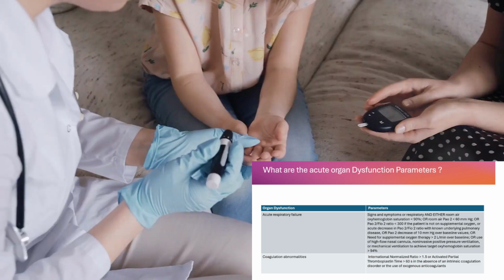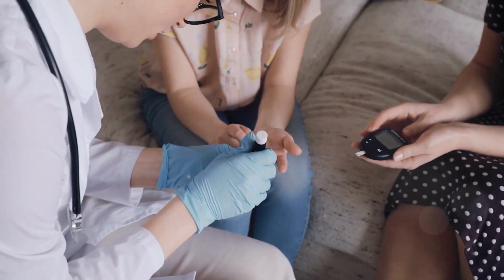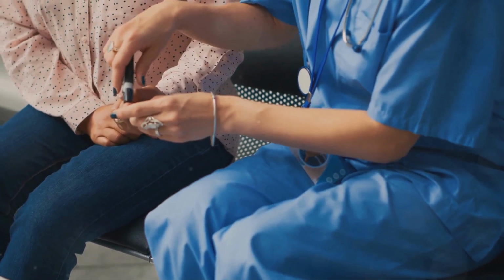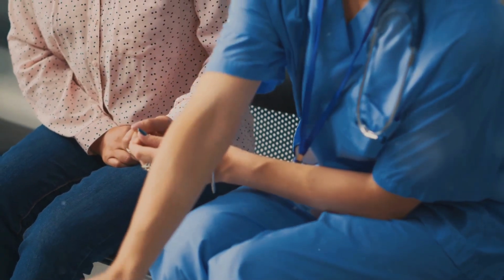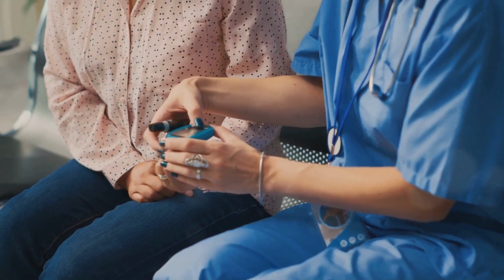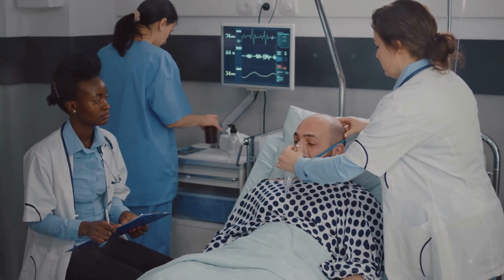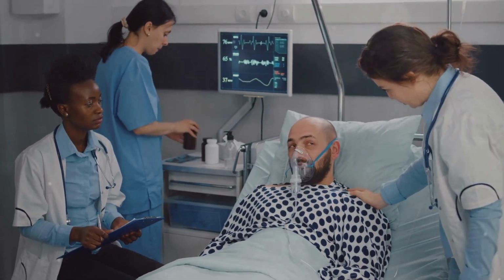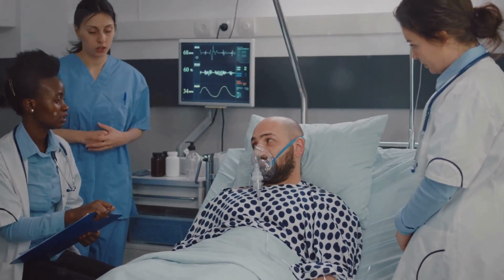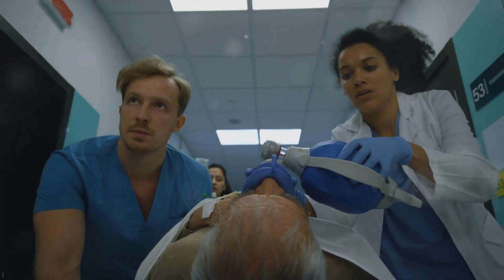Hyperglycemia is noted when the serum glucose measurement is greater than or equal to 200 milligrams per deciliter in the absence of a diagnosis of diabetes mellitus, or there is a specific notation of exacerbation of diabetic hyperglycemia related to infection. Acute respiratory failure is indicated by signs and symptoms of respiratory distress and either room air oxyhemoglobin saturation less than 90% or room air PaO2 less than 60 millimeters of mercury, or a PaO2/FiO2 ratio less than 300